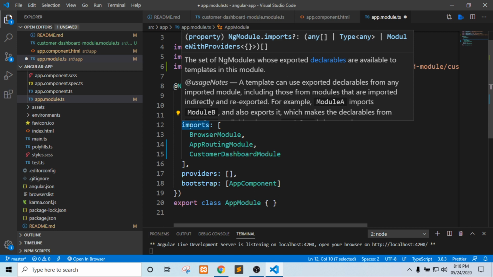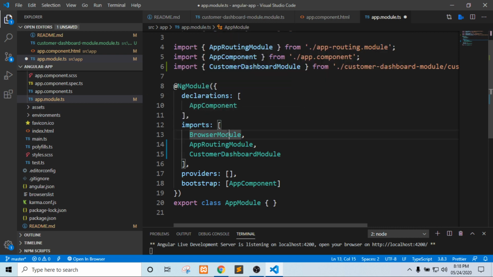By default there are a couple of modules which are required, like browser module. This module is needed so that our application can run successfully in the browser. There are a couple of other modules as well, like common module if we are going to work with forms and use ngFor. So there are different modules we can use. Any functionality is specific to that module. If we need to implement routing, then we need to inject the router module here. If we need to make a backend call for fetching data from a database, then we inject the HTTP client module here.